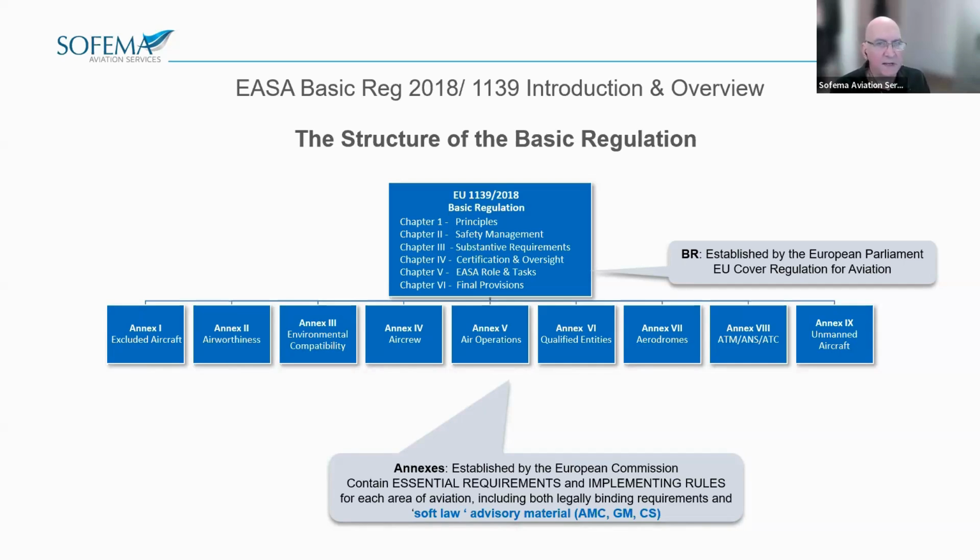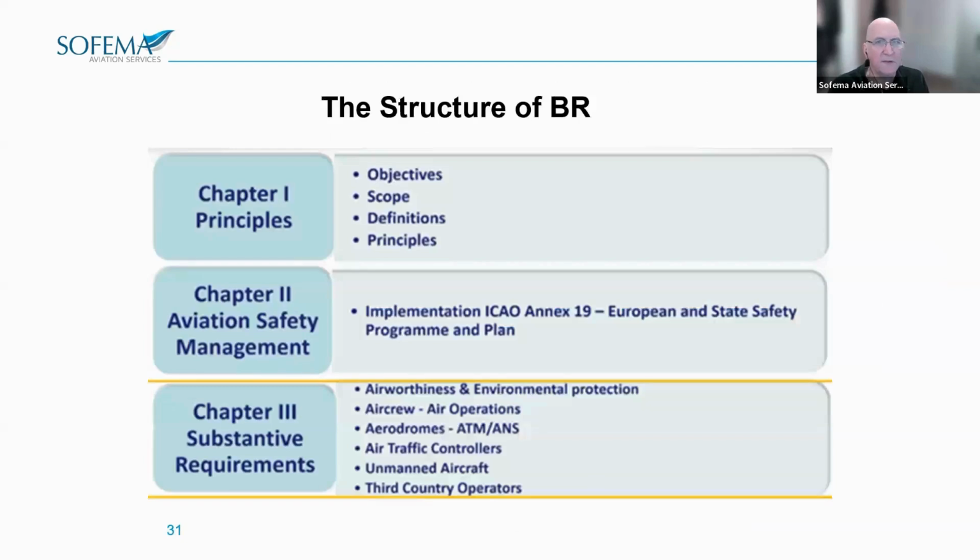Other regulations within each annex contain the detailed implementing rules, or more commonly we call them the EASA Regulations. And as said on the previous slides, both ERs and IRs are binding in law, and you've got to comply with them. So there we have it, the 9 annexes in the basic regulation and the covering regulation itself, which has 6 chapters. We'll go through those now.